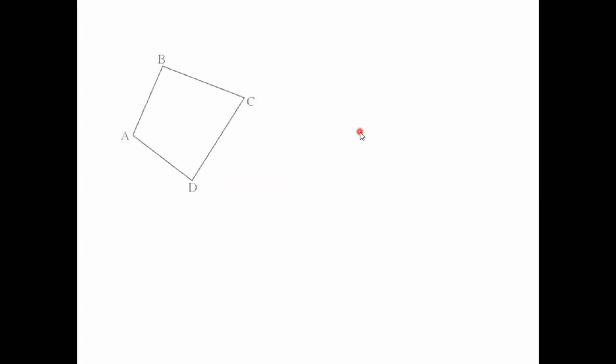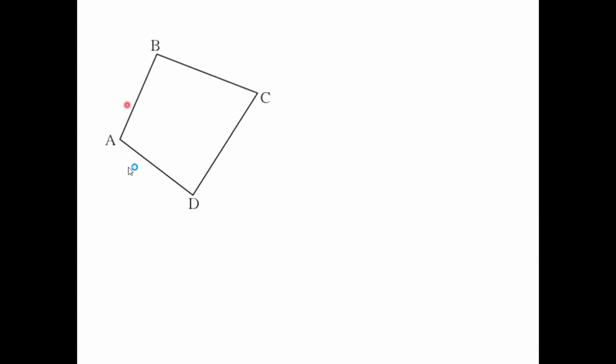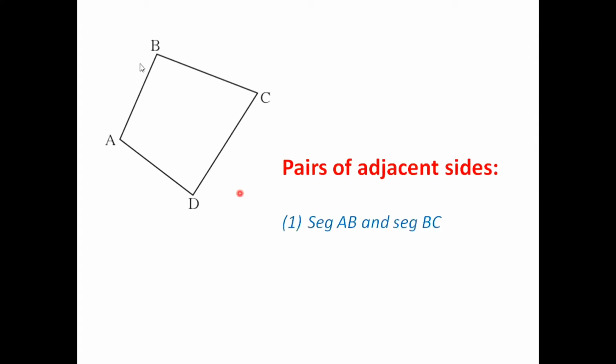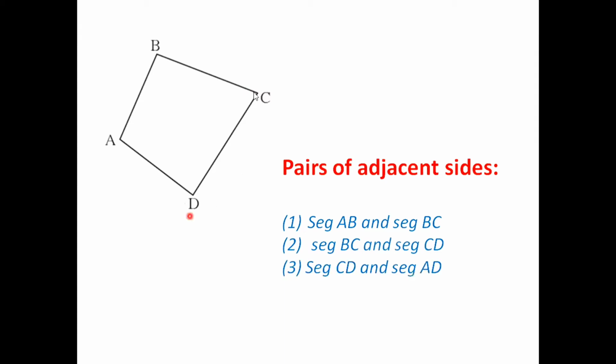Now let us learn some basic concepts of a quadrilateral. For this, consider quadrilateral ABCD. Now let us take pairs of adjacent sides. If we consider segment AB and segment BC, as we can see, one vertex is common over here, that is vertex B. That's why these two sides, AB and BC, are adjacent sides, or it is the first pair of adjacent sides. There is another pair. The second pair of adjacent sides is segment BC and segment CD. Again, BC and CD have one vertex in common, that's C. That's why BC and CD are adjacent sides. Similarly, segment CD and segment AD are also adjacent sides, and segment AD and segment AB are adjacent sides of